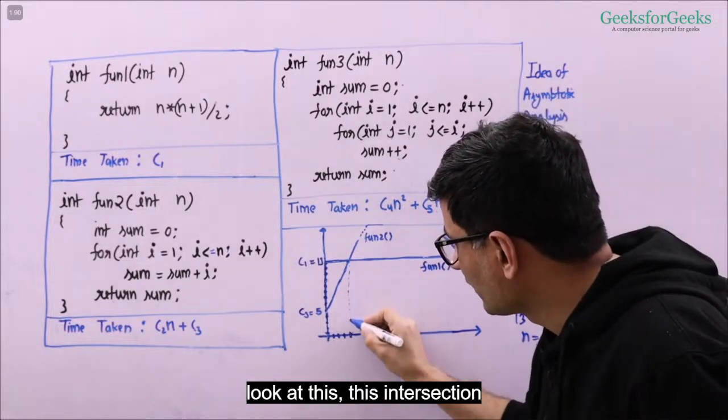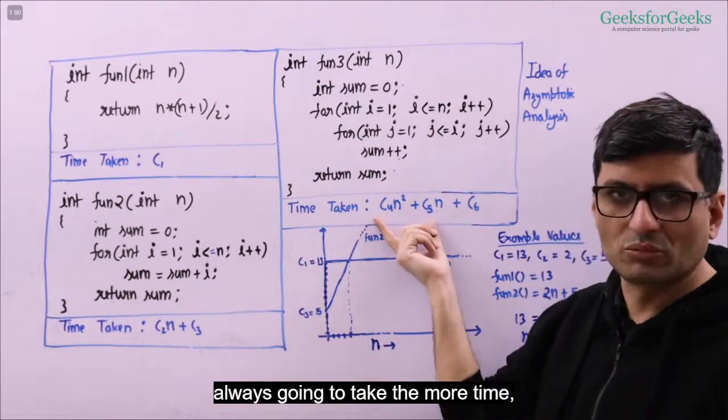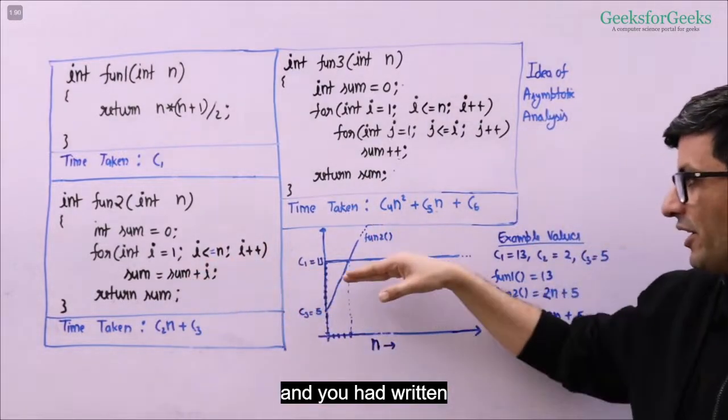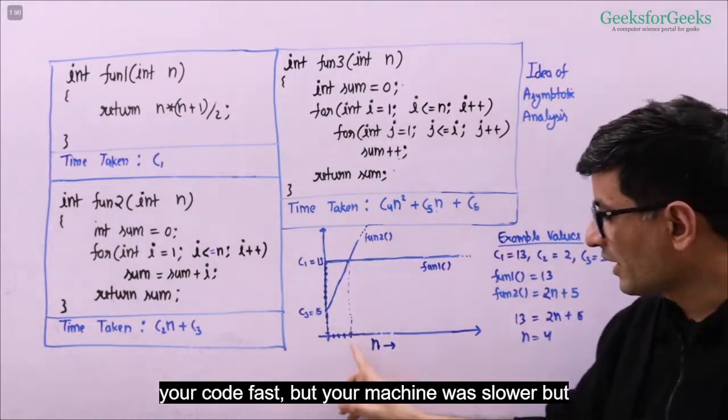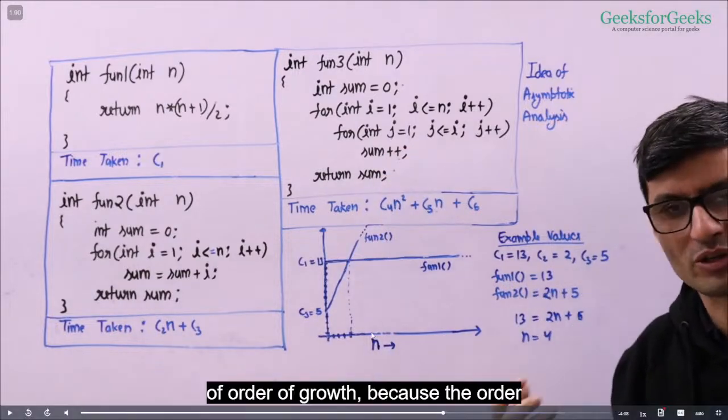Now, if you take a look at this intersection point, what happens is, after this intersection point, your friend's function is always going to take more time, right? Even if your friend had a faster machine than you, and you had written your code fast, but your machine was slower, after the value of 4, your friend's code is always going to take more time than yours. That's the beauty of order